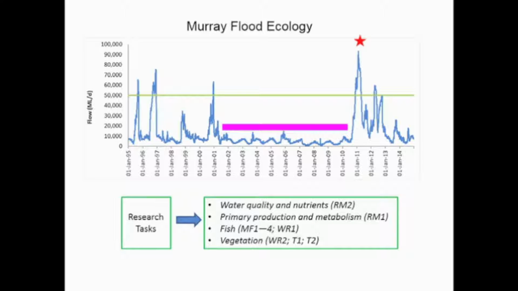So we have conducted 10 on-ground research tasks across abiotic factors and also biotic factors, including primary production, fish and vegetation. They were led by multiple task leaders, and some of them are sitting in the audience. A range of questions and hypotheses were set up across these 10 research tasks to investigate